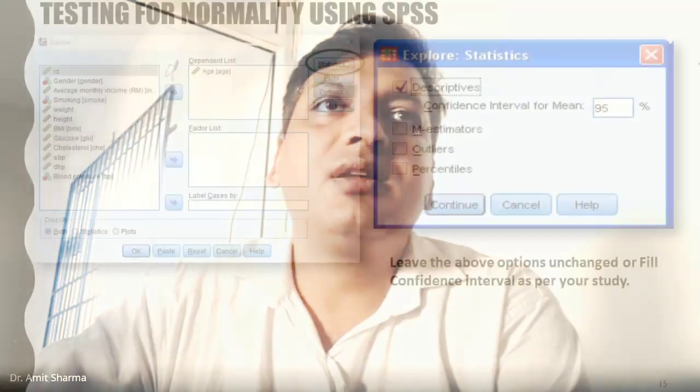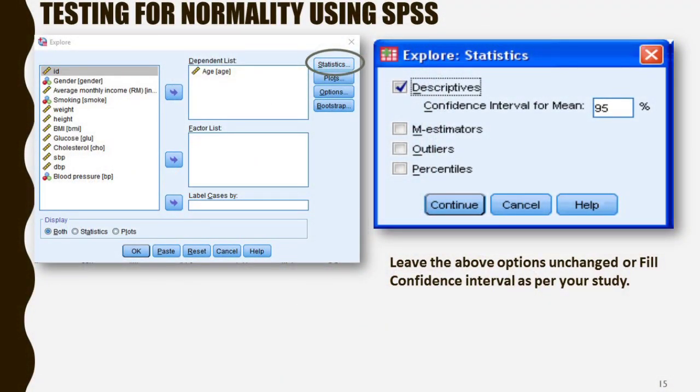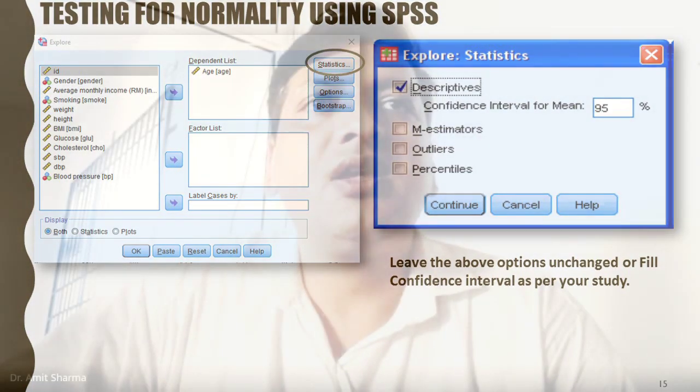You have to click on Statistics. Once you click on Statistics, it will ask which kind of statistics you want to choose. You have to see that the confidence interval is 95%. Most academic researchers take a confidence interval of 95%, which means the chance of error for the research is 5%, either error type 1 or error type 2.